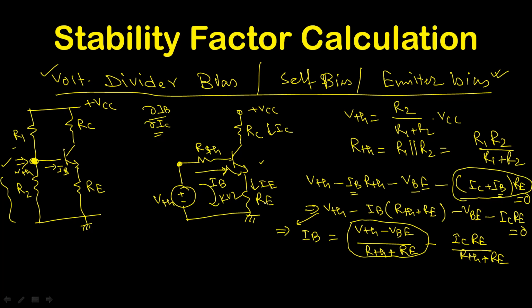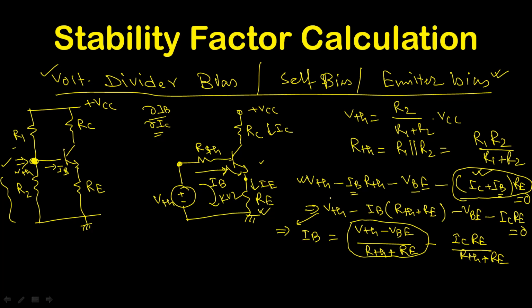Now, due to temperature effect, IC will increase, and when IC increases, this voltage drop will increase, this IR drop will increase, this parameter will increase. And when this parameter increases, just check the expression, the value of IB will be less. The value of IB will reduce because current is basically the potential difference divided by this resistance. When the right side voltage drop increases, the overall base current will reduce. You can also check that from this expression. The base current IB value will reduce.